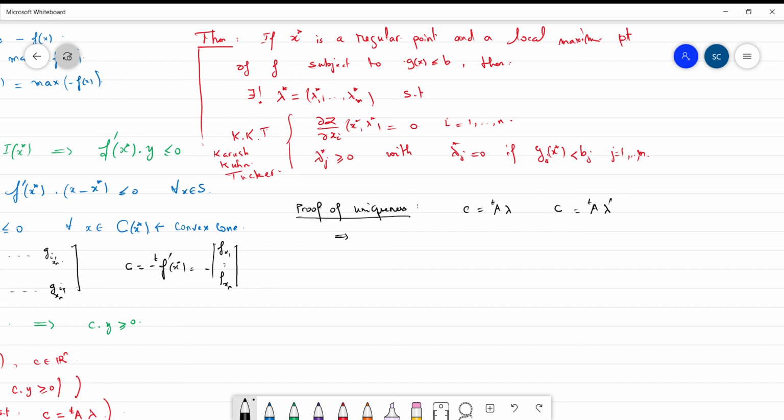Then we will have transpose A (lambda minus lambda prime) equals 0, which can be written as the sum of the vectors lambda g minus lambda g prime times the gradient g prime of x star, so we just make this explicit. Then, since this is 0, necessarily the lambda g minus lambda g prime are 0 for g belonging to Ax star, because